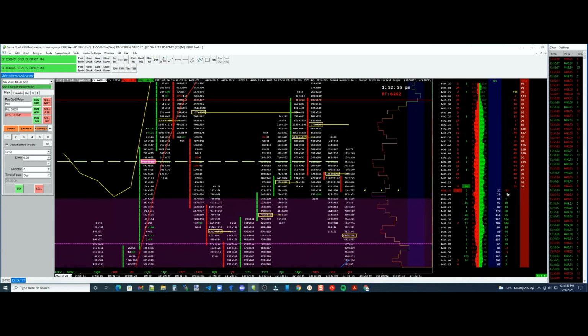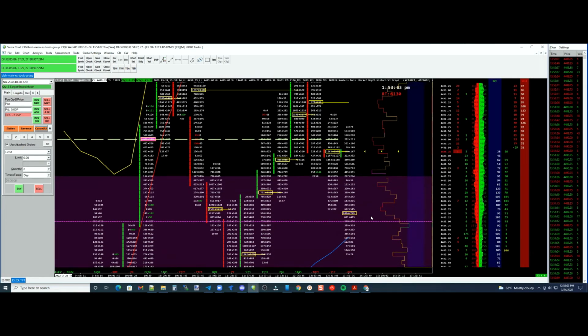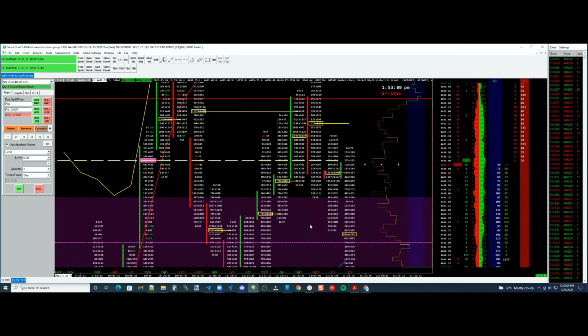So there's 25. There was 56. They just pulled 25. Okay. Now they're adding. All right. So it's the pulling or the stacking of the resting offers or bids. Okay. New visitor. So they're stacking bids up, or they're pulling bids off, or they're stacking offers on, or they're